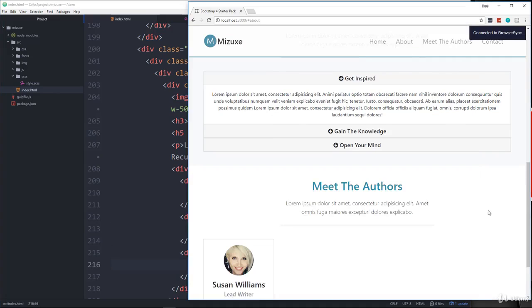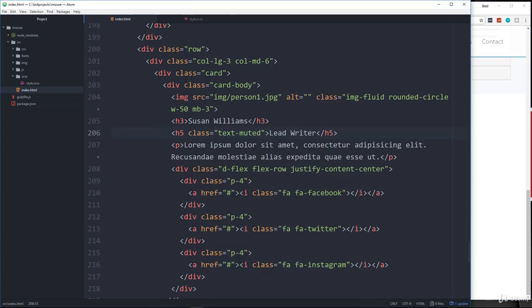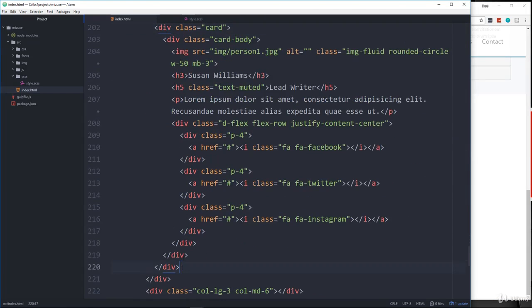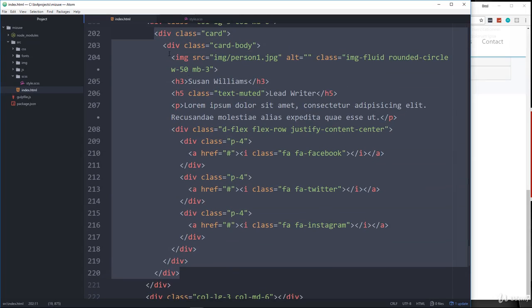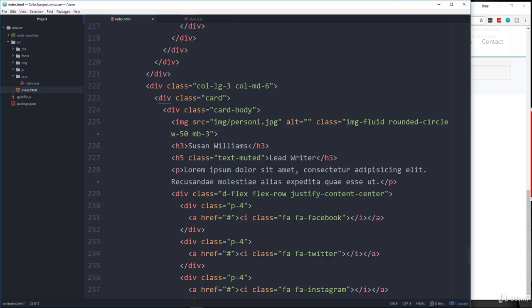And we'll save. And it should look like this. Okay, we are going to add some custom styles, but that's what it should look like now. So what I want to do is just copy the entire card, which ends right here. So we'll grab that. We're going to put it in the next column,